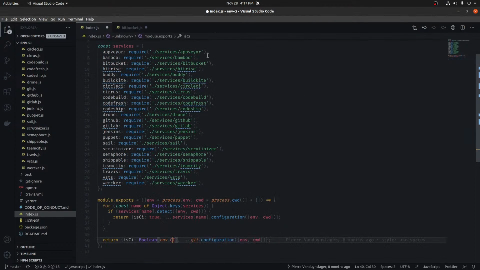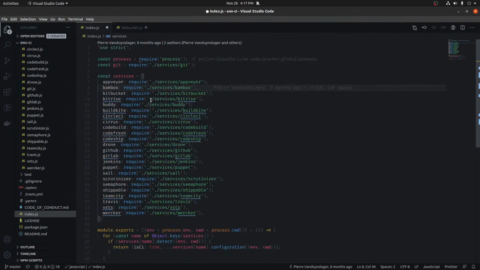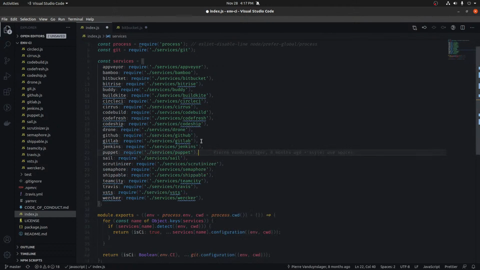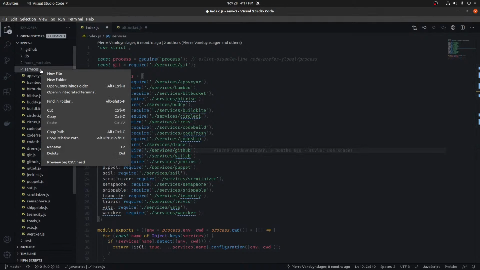I mean, all of this could be done locally, because if you understand how it works, then you just have to set the conditions so it goes like that. Now, in this case, we want to create one for GoCD. So we would probably put it in here as a service, but before we do that, let's just create the